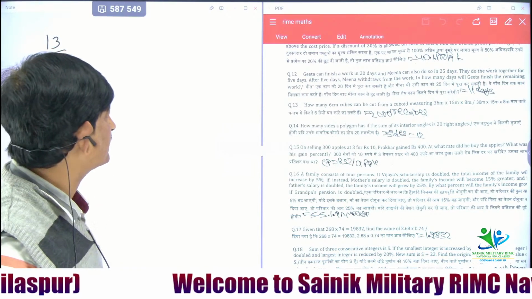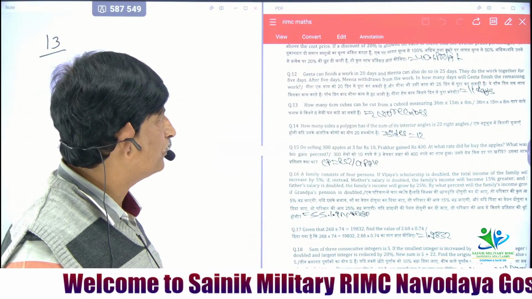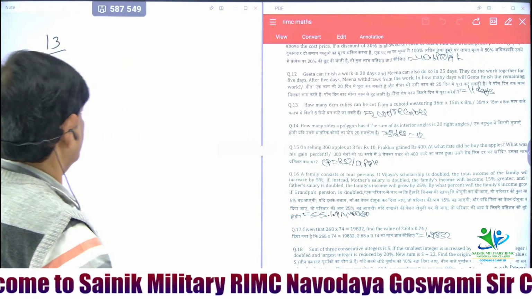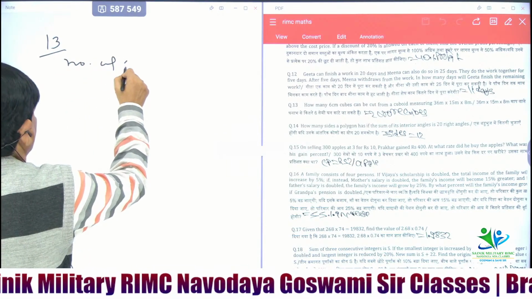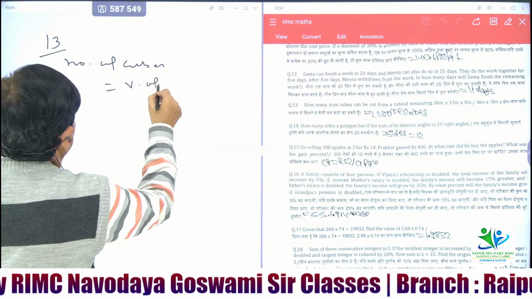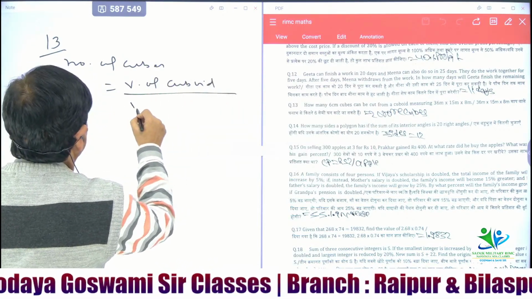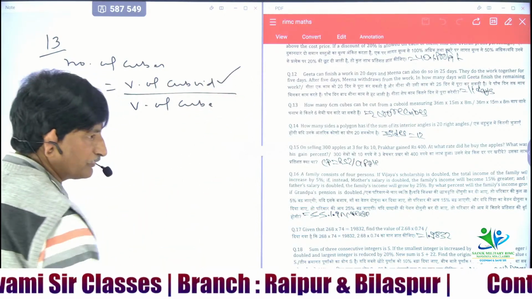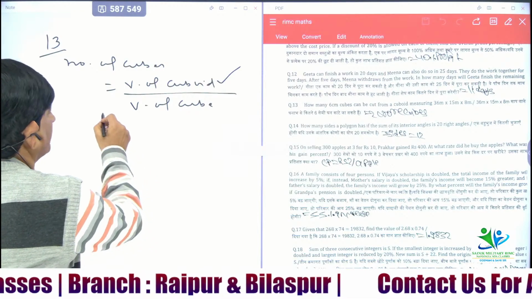In question number 13, how many 6 centimeter cubes can we cut from the cuboid measuring this? So in this type of question, number of cubes is equal to volume of cuboid divided by volume of cube. जिसको कट कर रहे हैं उसको न्यूमरेटर में लेना है, जो फॉर्म कर रहे हैं उसको डिनोमिनेटर में लेना है।